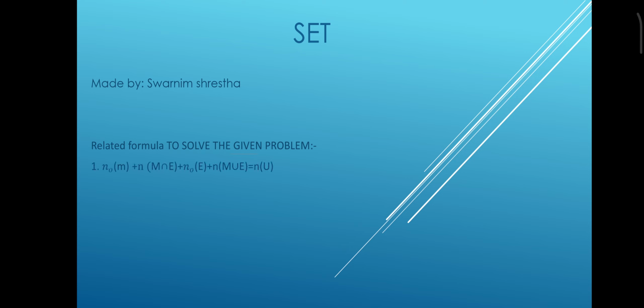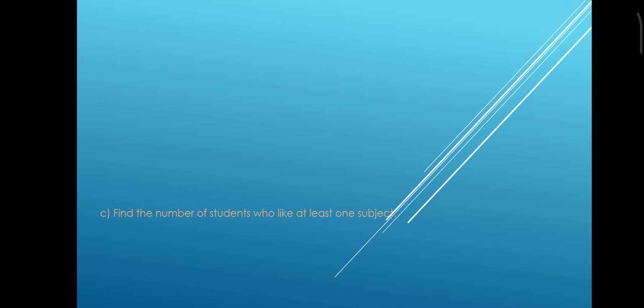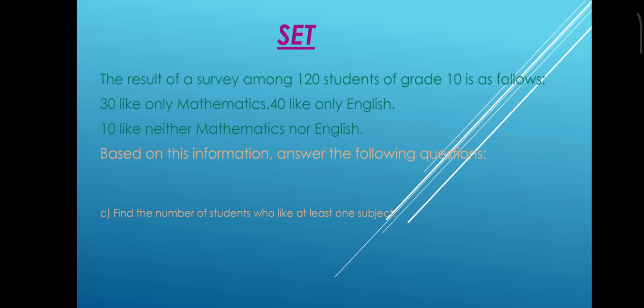Number 1, n only M plus n M intersection E plus n only E plus n complement of M union E is equal to n U. Number 2, n M union E is equal to n only M plus n only E plus n M intersection E. Here for the question,